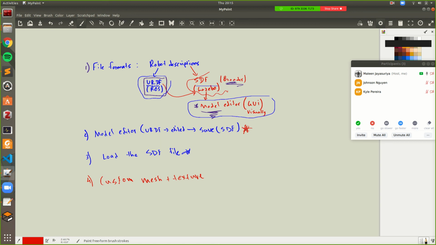For that, I will give you guys the code, so how to load that SDF file. And then I think the most difficult part is creating this custom mesh and texture using Blender, because that's a software that not many people have the experience to use. But if you follow exactly what I did, you should be able to add your own texture onto it. I'll also link you guys to some additional video